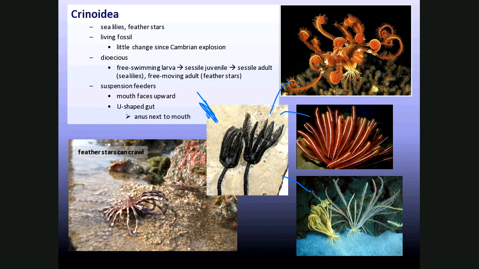Now these are sessile critters that basically use their tube feet for filter feeding. They do have a free swimming larvae. They have actually sort of an interesting life, though. They have a free swimming larvae that becomes a sessile juvenile and then becomes a sessile adult. So the larvae settles down as a juvenile. Many times the larvae become an adult, then they settle down. But this one settles down as a sessile juvenile and then moves into a sessile adult.